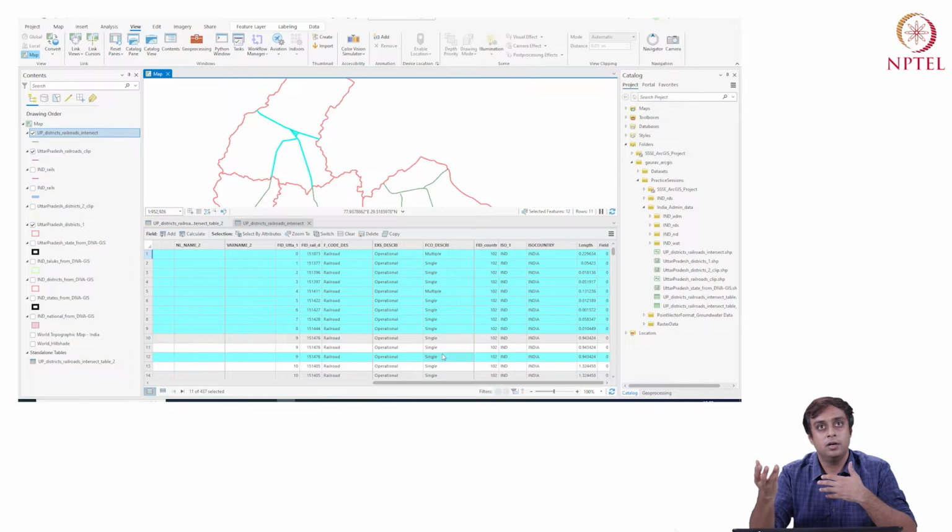If you're an economist, or you have experience working with Stata or with SPSS or with R, you can take these data there and then start manipulating them, right? So if I could sum the length by district, unique districts, then I will get the exact length of railway lines in each of these districts.